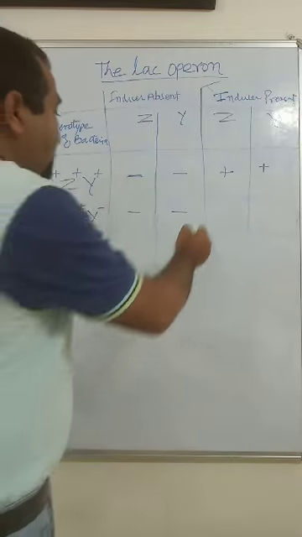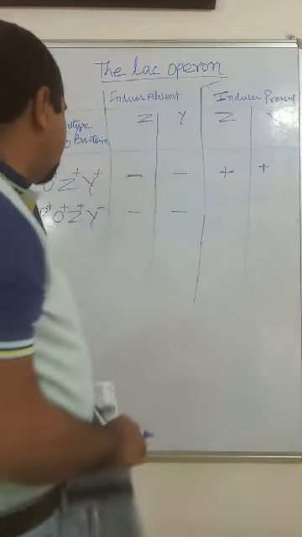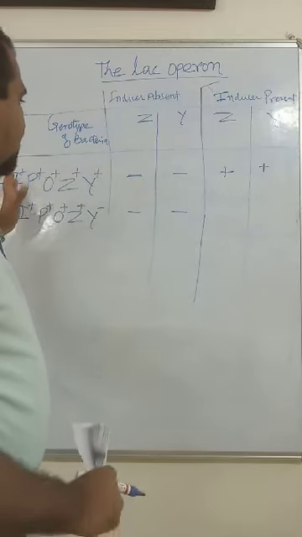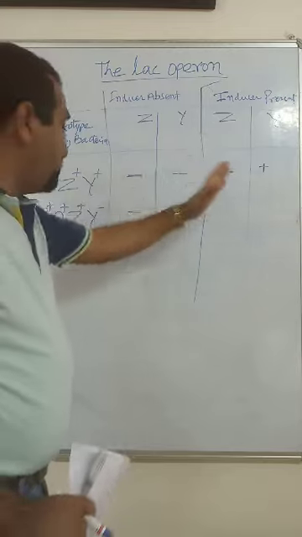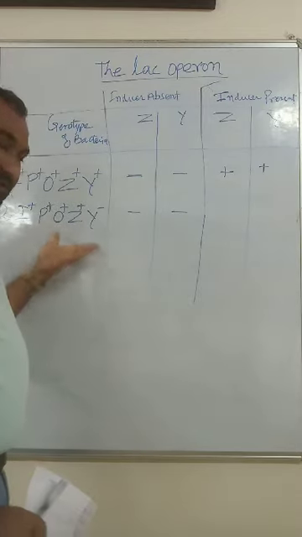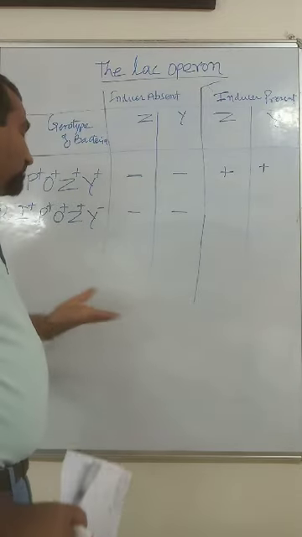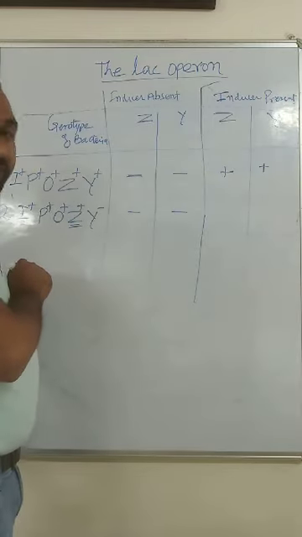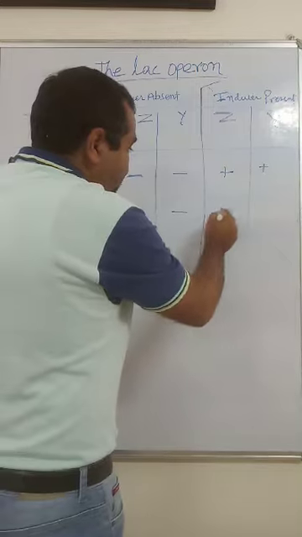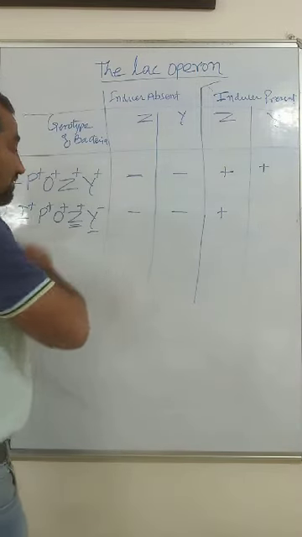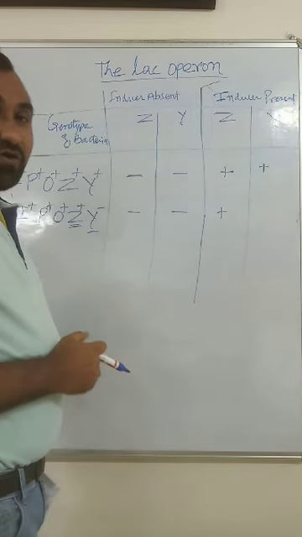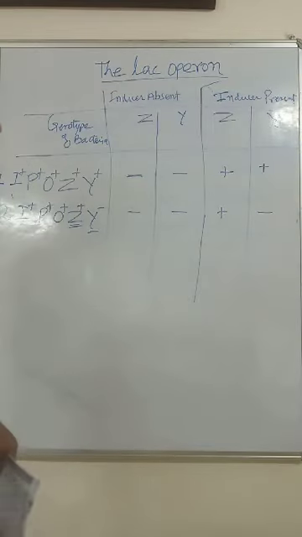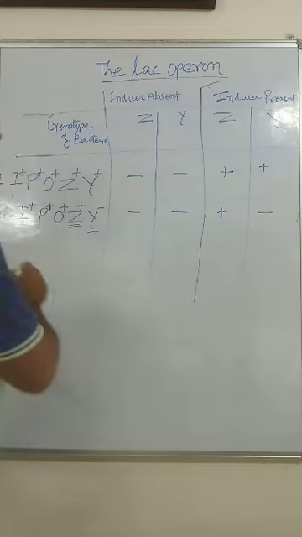But what if inducer is present? Just like in the first case, when inducer is present the expression of genes takes place, we generally know it, but here the Z gene is normally functioning, so its product will be available, but the Y gene is defective or mutated, so its product will be unavailable. So the third case,